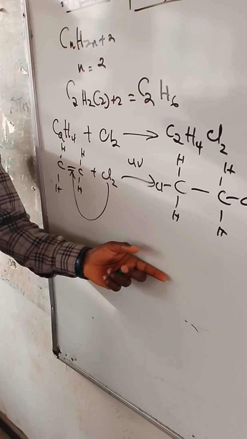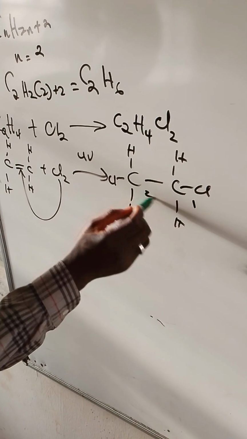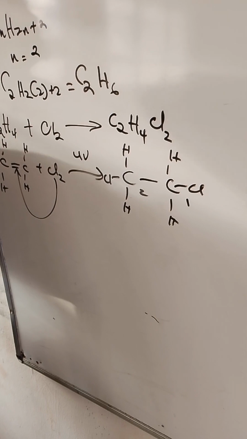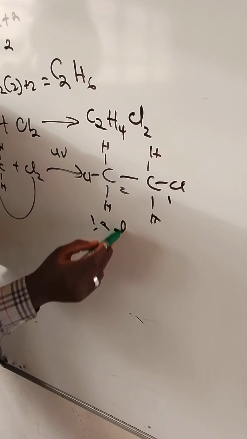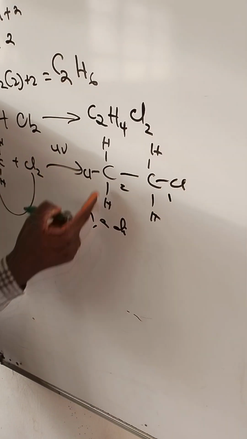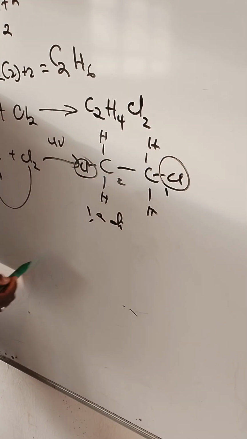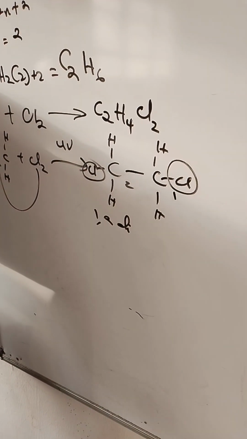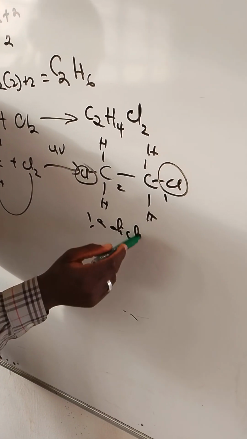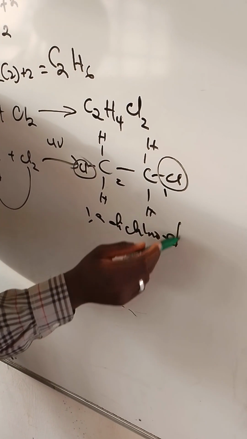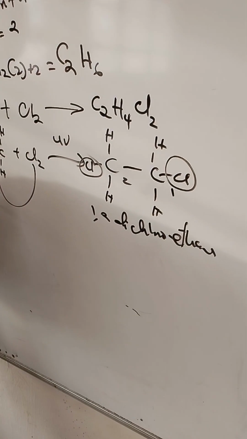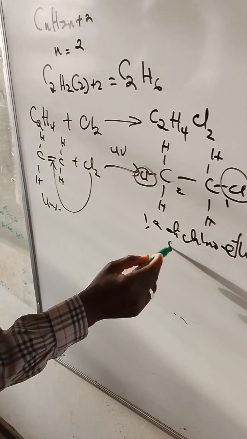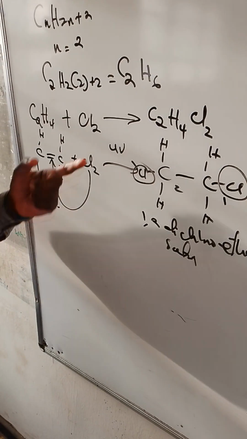And if you want to name this compound, how do you name it? You have 1, 2. If it's 2 carbon, we call it ethane. We can have 1, 2. It's going to be 1, 2, di. Why is it di? Because the attachment there is 2, which is chlorine. And we don't call it chlorine, we call it chloro. 1, 2 dichloroethane. That's the name. So you can see, in a nutshell, we convert unsaturated to saturated through a process called